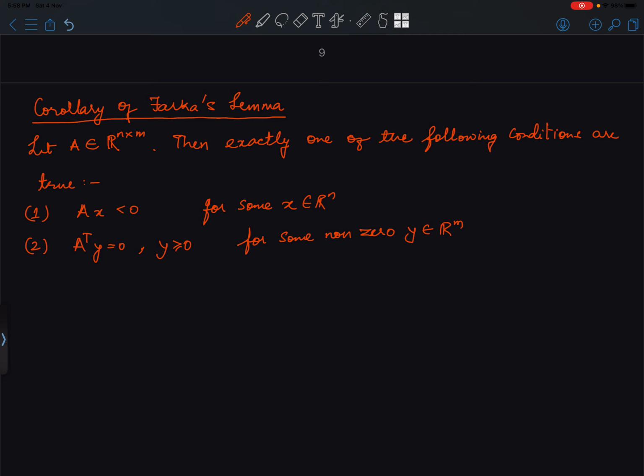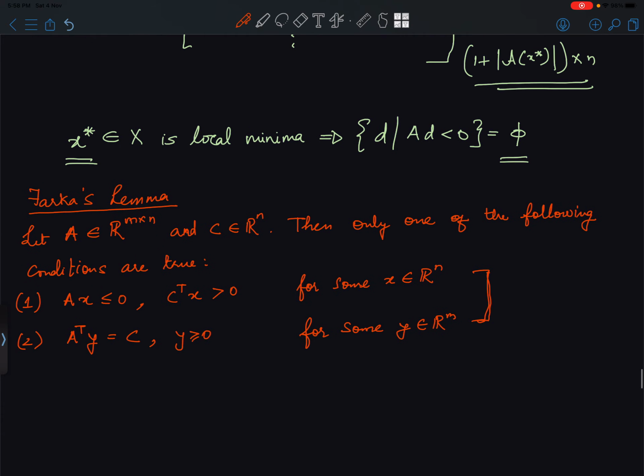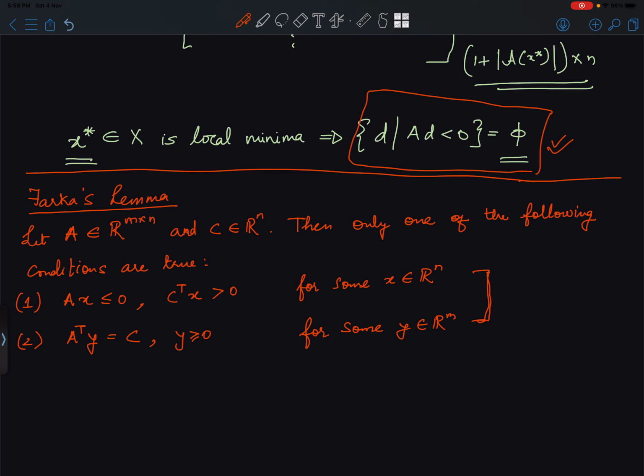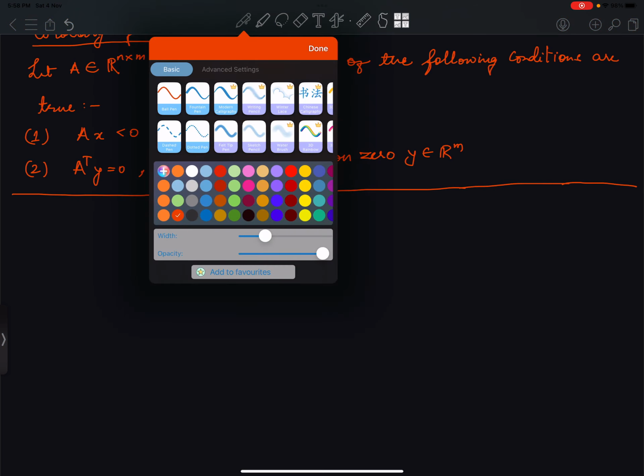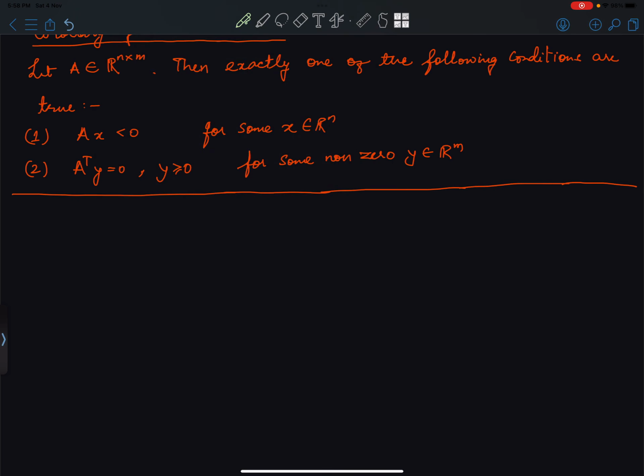Okay, so now that we have stated the Farkas lemma and its corollary, let's now use this to derive a condition on the local minima that we came to. So we'll use this condition. As you might have guessed, suppose x star is a local minima,